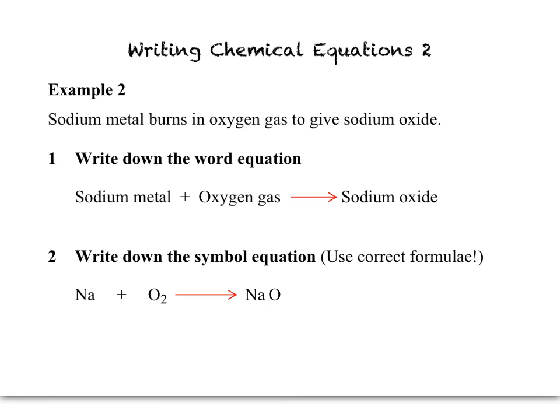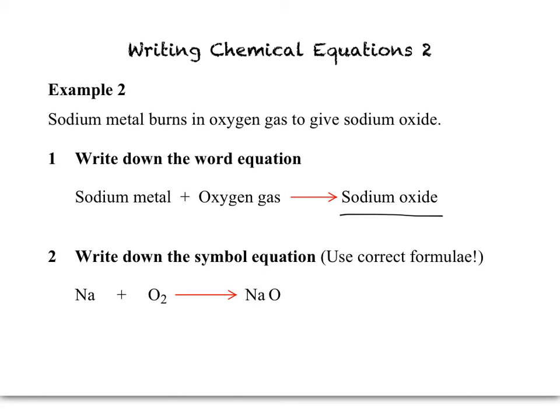Example 2. Sodium metal burns in oxygen gas to give sodium oxide. Rule 1. Write down the word equation. Sodium metal plus oxygen gas reacts to give sodium oxide. Rule 2. Write down the symbol equation. It is important here to get the formulae correct. Na plus O2, oxygen gas is always O2,